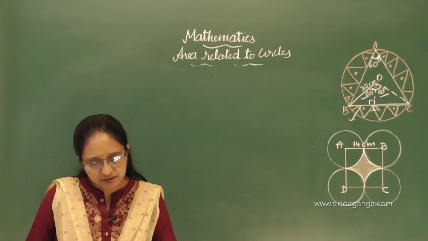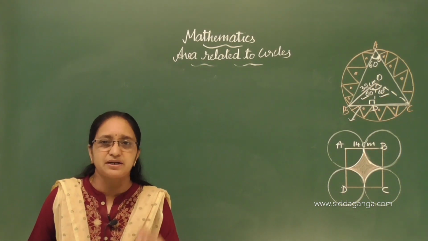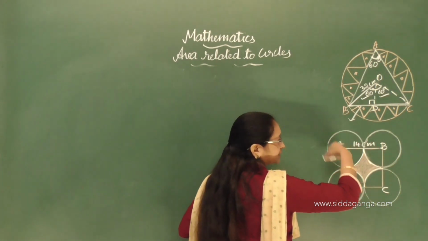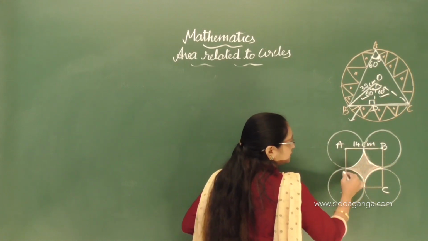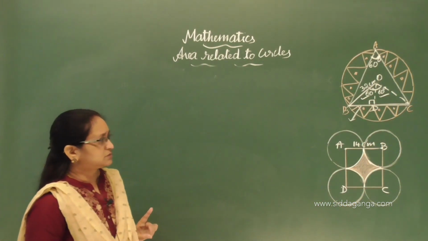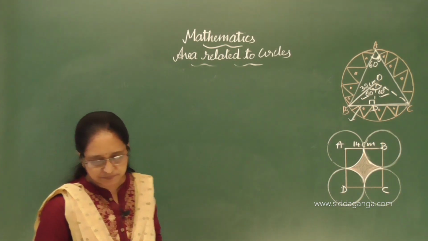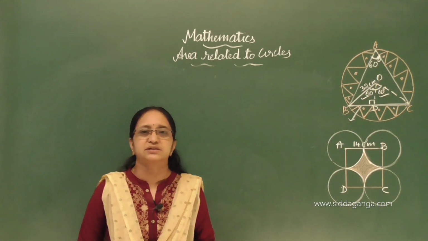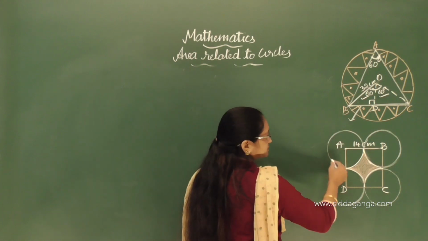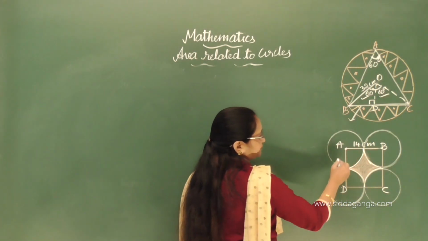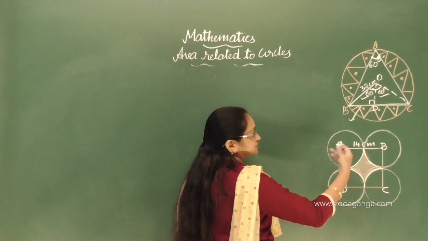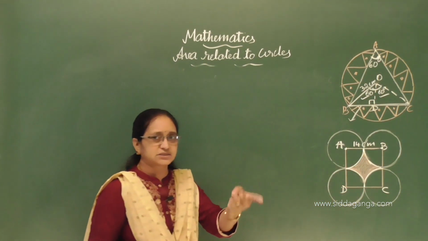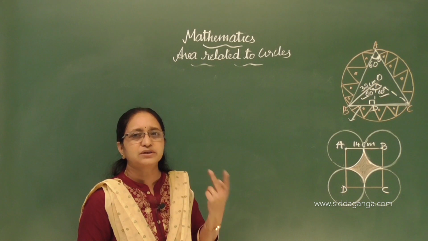Okay, because they have not given the radius of a circle separately, but they have told that when you draw the circle, each circle will touch the other circles externally. Drawn such that each circle touches externally 2 of the remaining 3 circles. Two of the remaining means, suppose, this is the circle with center A. Externally it is touching the circle with center B and also with center D, 2 other circles.